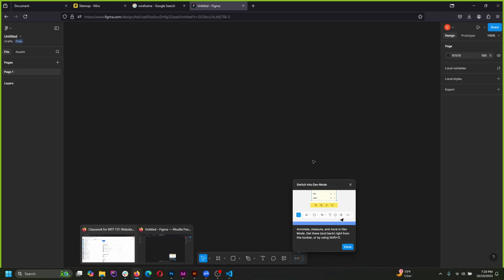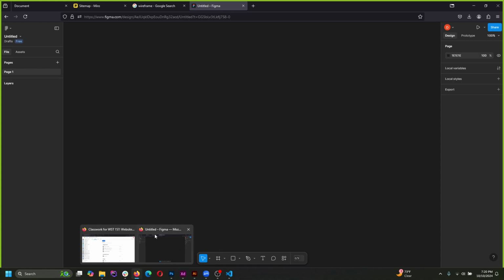Okay. You'll get a bunch of little pop-ups telling you how to do things, but it's going to be blank at first. We first need to decide what format. Like, are you creating a phone app or are you creating a website? What are the dimensions? What device do you need to design for? And for that, we have,